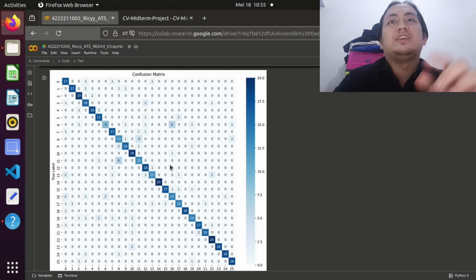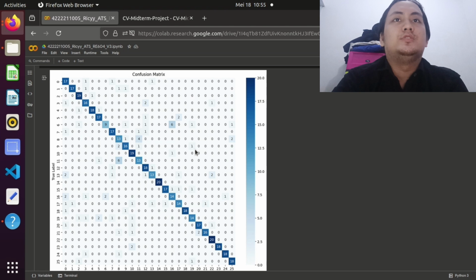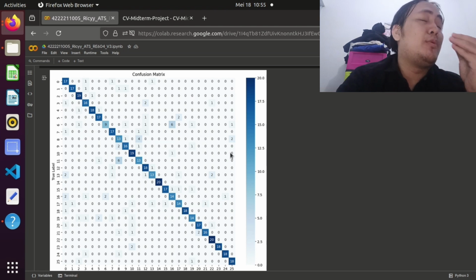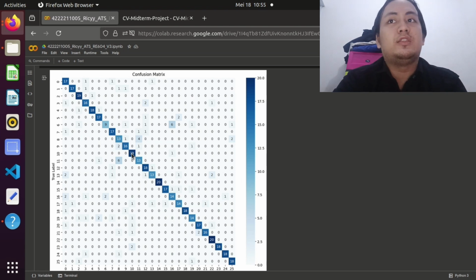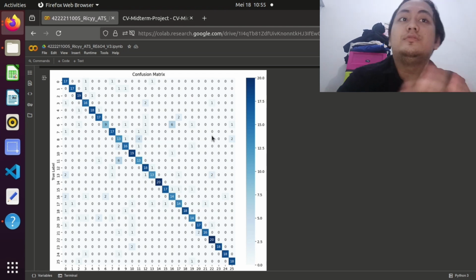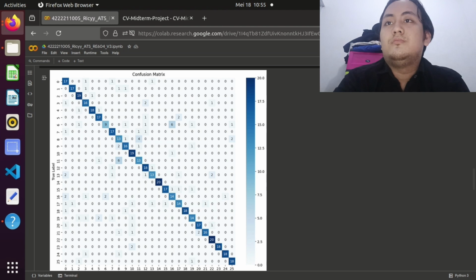So the problem is the amount of samples, not the method I use. Actually, if we use other models, it may increase the accuracy too, like maybe random forest or others, but I never tried it.